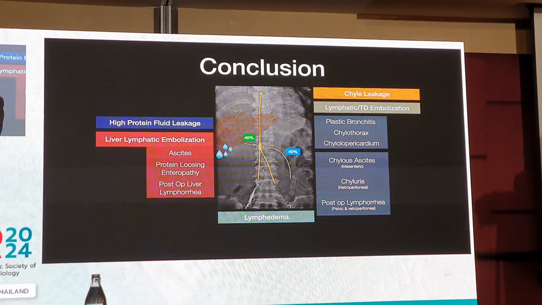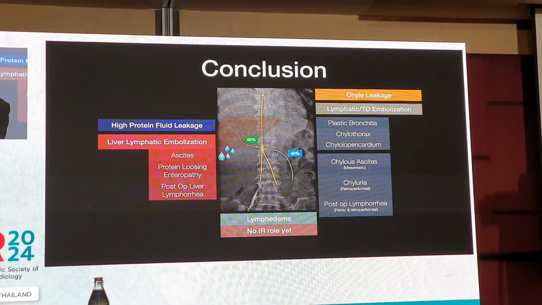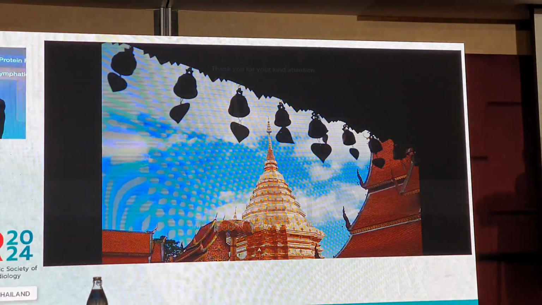But for lymphedema, we still don't have a role for interventional radiology yet. So thank you for